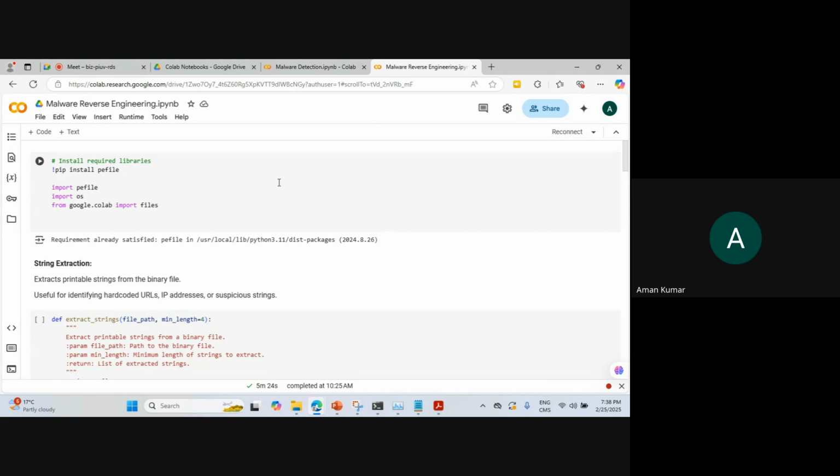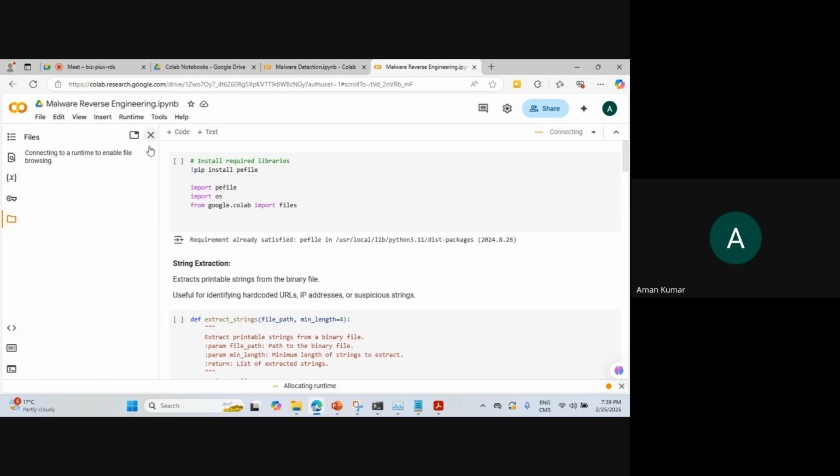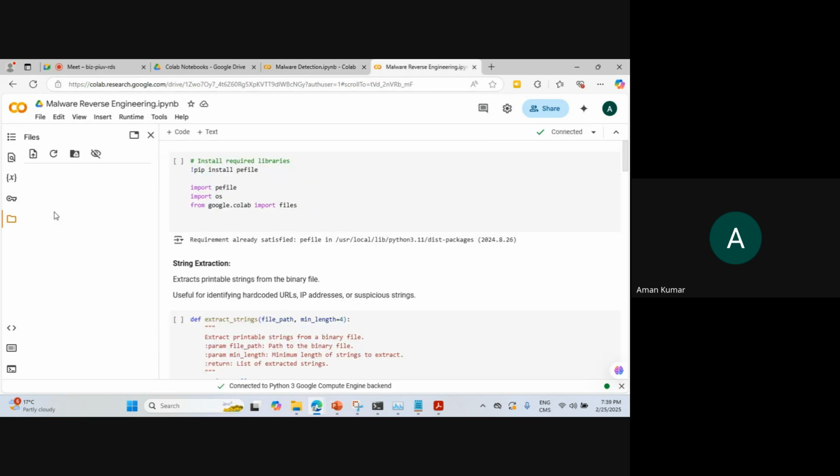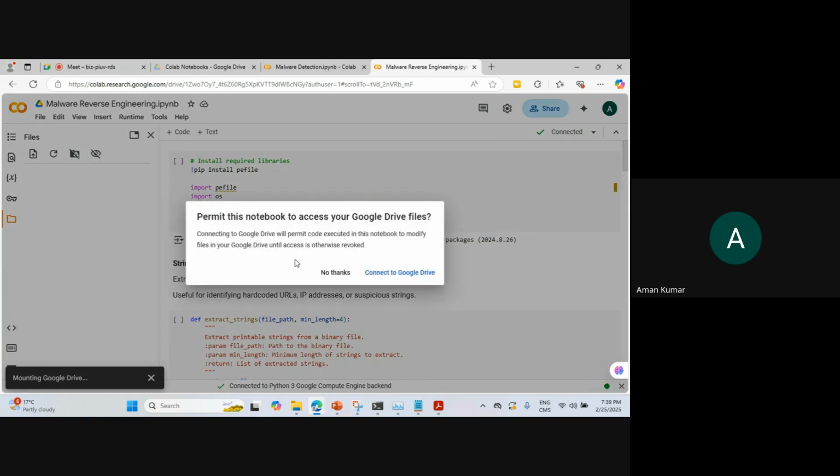The malware file, in terms of an executable file, can be a DLL file. For this, first of all, I just need to connect. After this malware detection, we understand that we already have a malware right now. After this, let us first connect this with Google Drive,